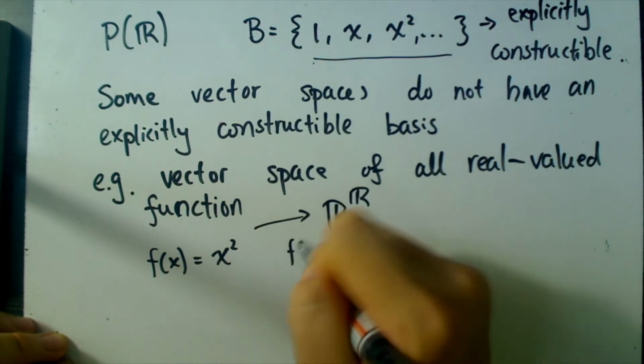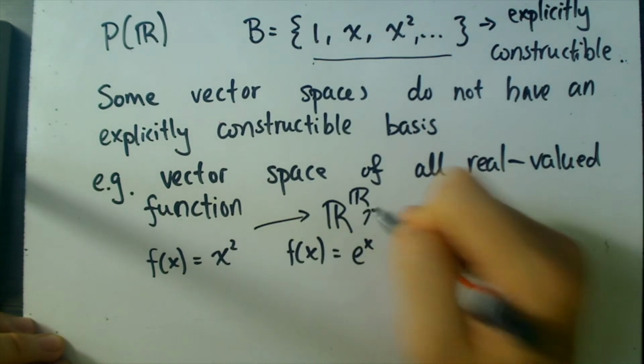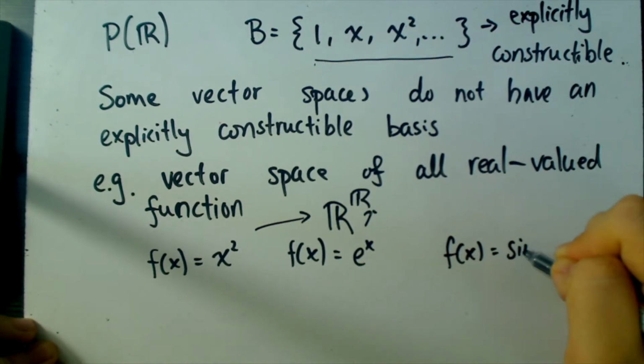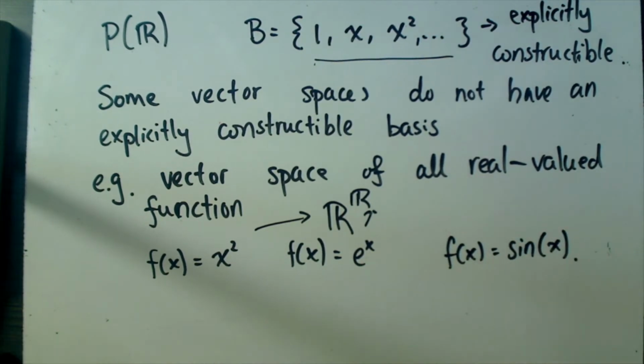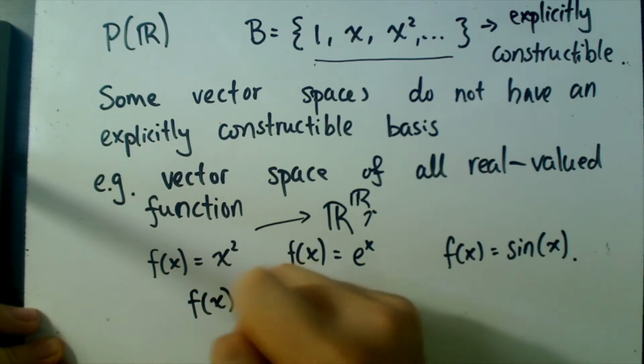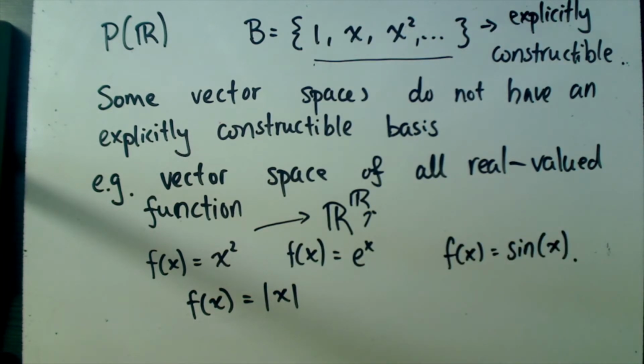The function f of x equals e to the x would be in this space. The function f of x equals sine x would also be in this space. And even weirder functions like the absolute value, f of x equals the absolute value of x, are also in this space. So you see this is quite a large space,